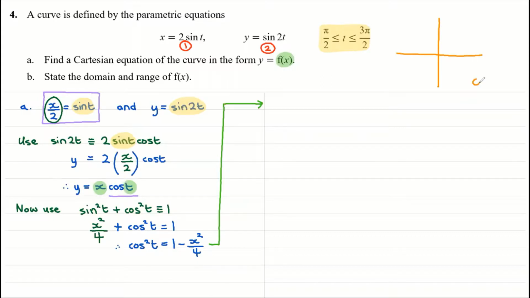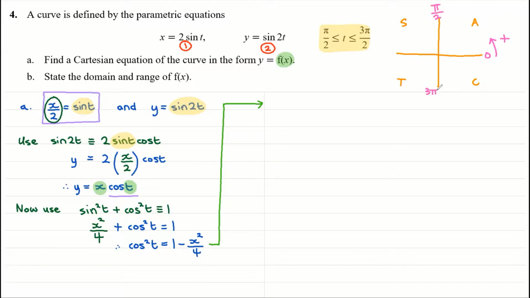So C, A, S, and T. Now, the t values run from pi over 2 to 3 pi over 2. So pi over 2 is, of course, here. Obviously, we start at 0 and we go anti-clockwise in the positive direction. And 3 pi over 2